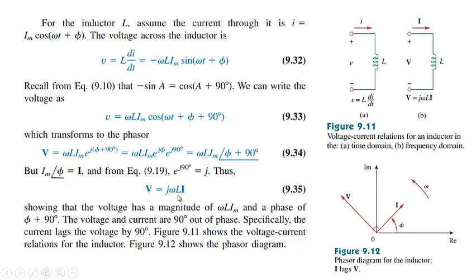It is actually the phasor I. So V, that is the voltage across the inductor, will be equal to this jωL into the phasor I, showing that the voltage magnitude is ωL into I_m, and the phase angle is φ + 90 degrees. That means in the phasor form, this is I at an angle of φ with respect to the real axis, but this voltage is at an angle of plus 90 degrees with respect to this current. That means this voltage in case of an inductor leads the current by 90 degrees,